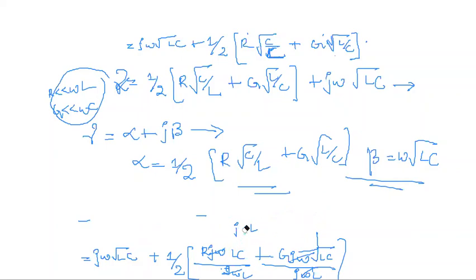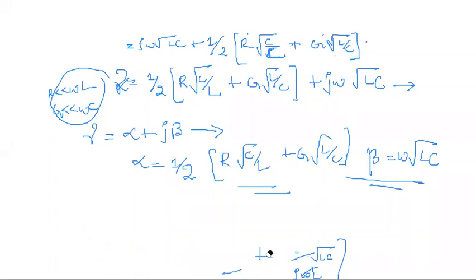So you will be deriving alpha and beta with respect to the gamma equation. You will find out what gamma is by applying the other formula, that is square root of ZY. From that you will derive what alpha plus j beta is. Find the derivation: how do you get the formula? Put those equations inside a box because you need them for problem solving, both alpha as well as beta.